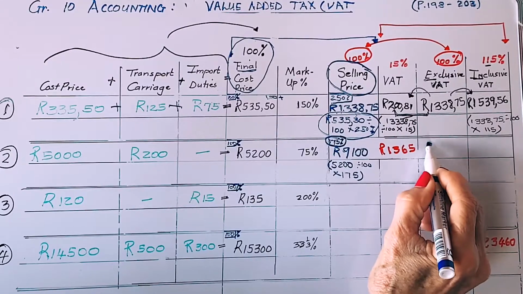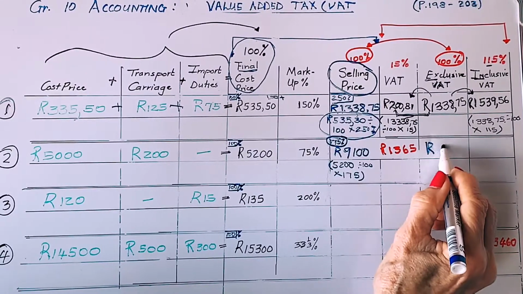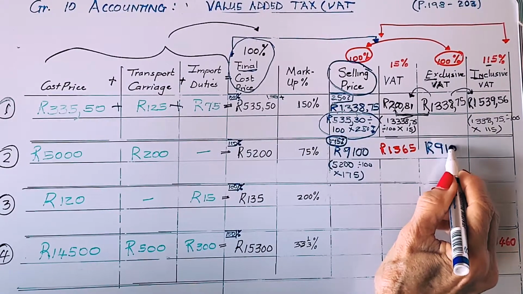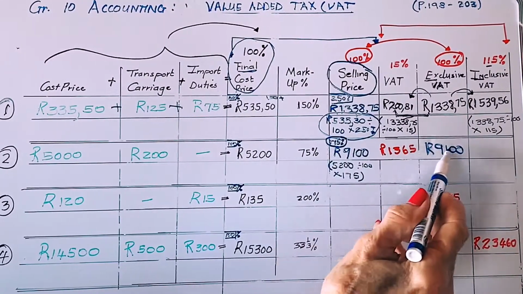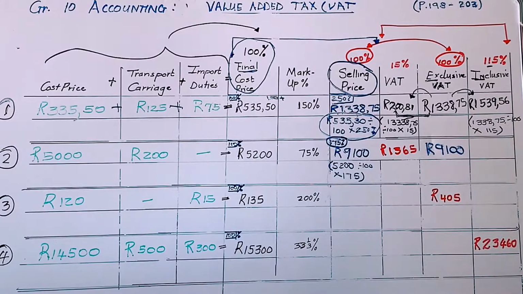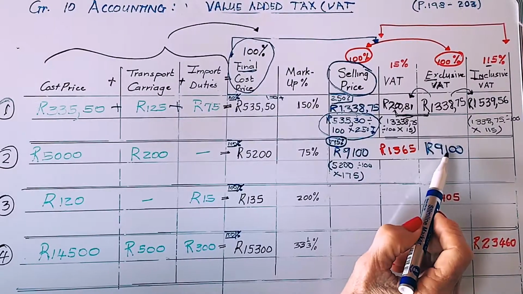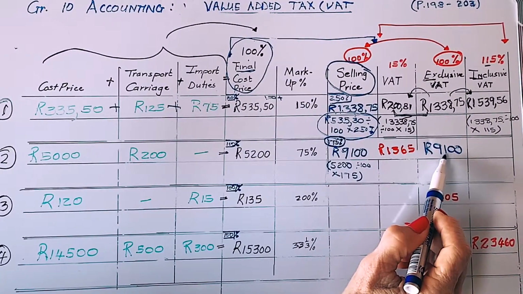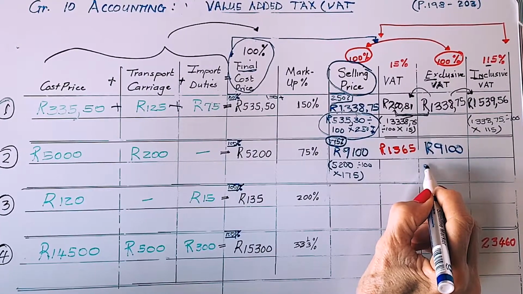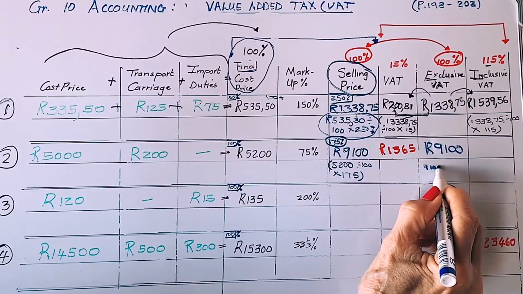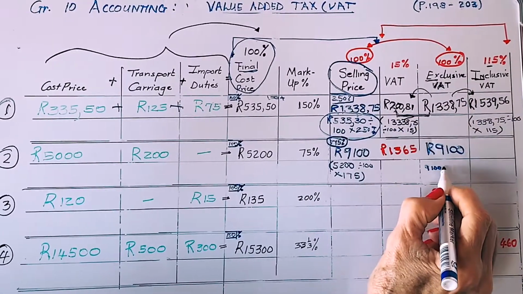So if I've got the selling price, I can immediately write in the amount for exclusive VAT, because it will be the same as my selling price. If I then take my exclusive VAT and do the calculation where I take the 9,100, I divide that